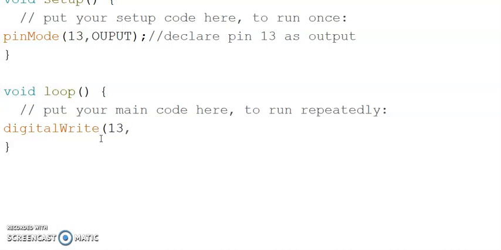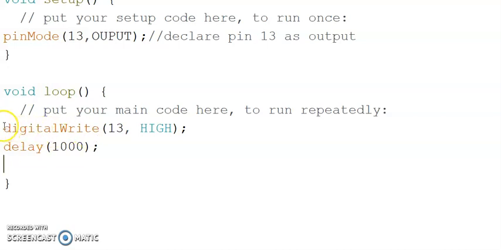First of all, we are going to make the pin as high. Then with some delay we are going to make the pin as low. So we are going to put a delay of about 1000. Then again we are going to make the particular pin as low, means LED will be off.